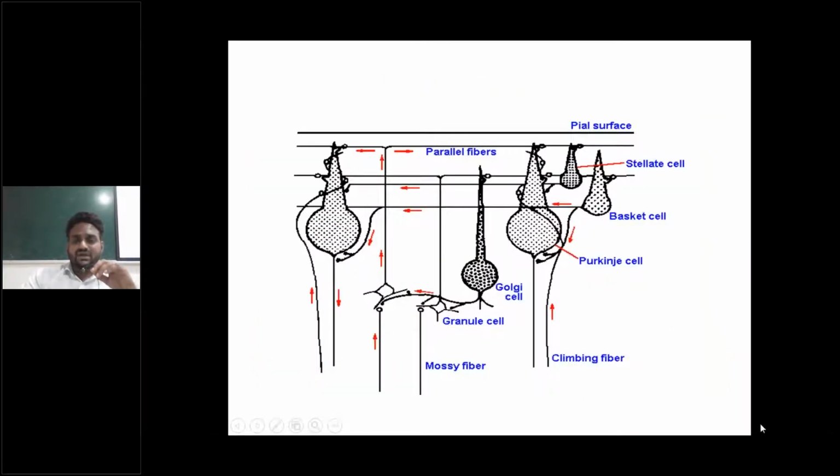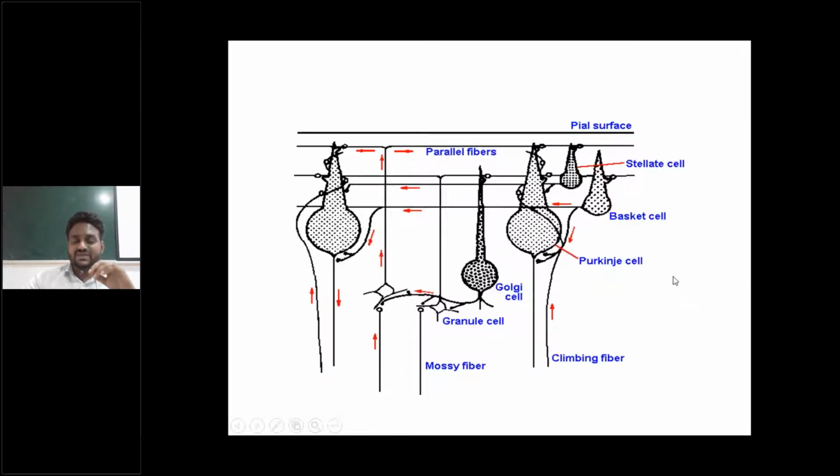And here in this picture, we can see the different neurons of the cerebellum. Usually in the cerebellum, you know three cells: one is the Purkinje cells, second granular cells, third stellate cells. Apart from these three, two other cells are also there: the basket cells and Golgi cells. So totally five types of neurons are present: stellate, basket, Purkinje, Golgi, granular. Out of all these cells, we give more importance to Purkinje cells.